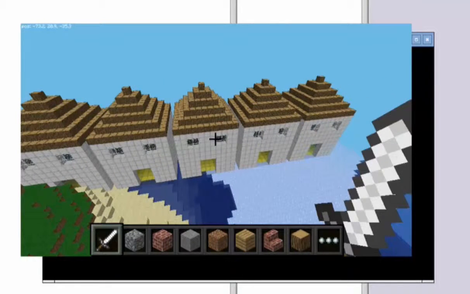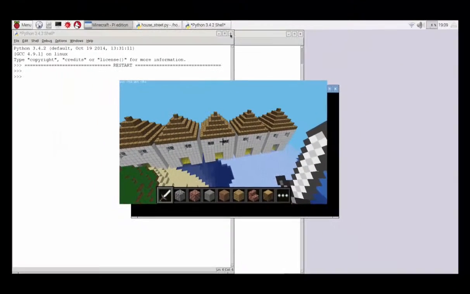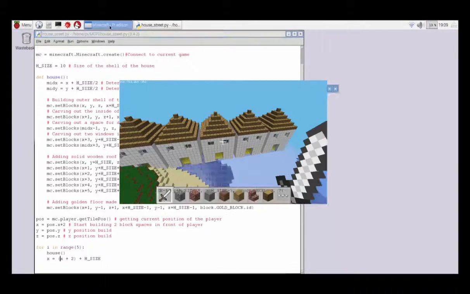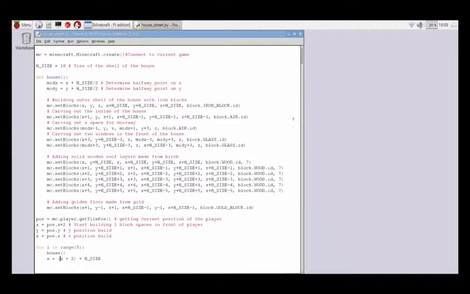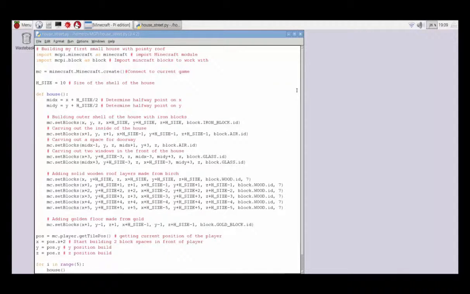So let me just go out of Minecraft. I'll just close that program. I'll minimize Minecraft. The code that I'm using is the same as that I used for building the house or building the pointy roof. But there are a few adjustments. One of the things that I've adjusted is that